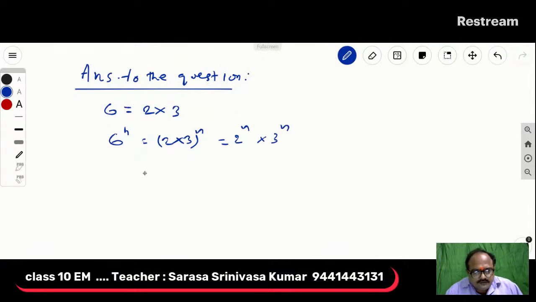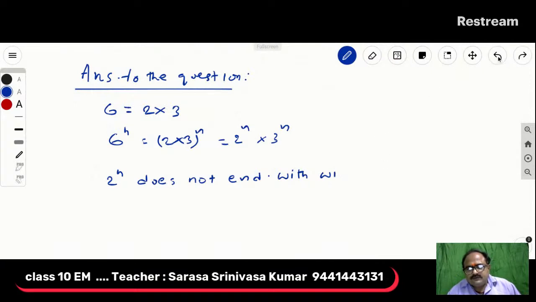Here 2 to the power of n does not end with digit 5,